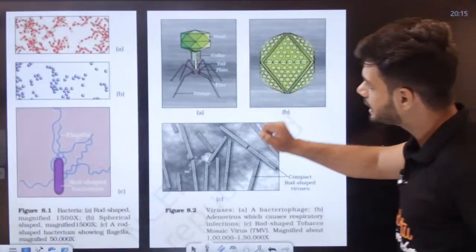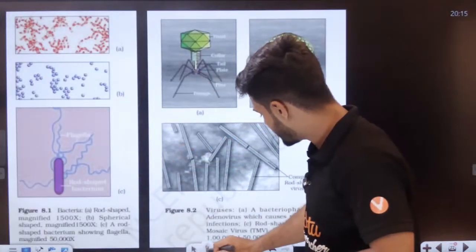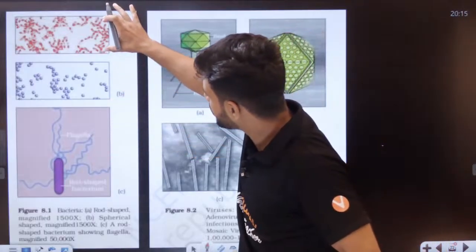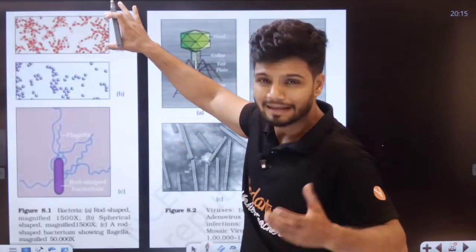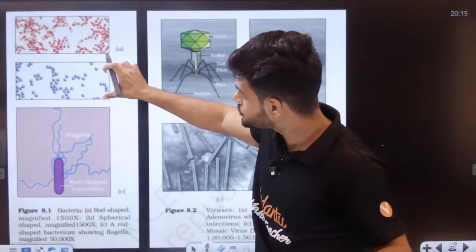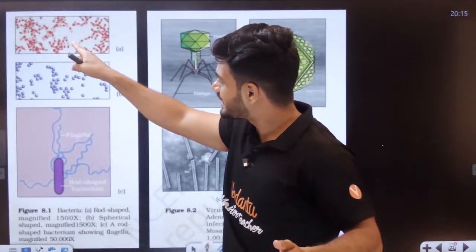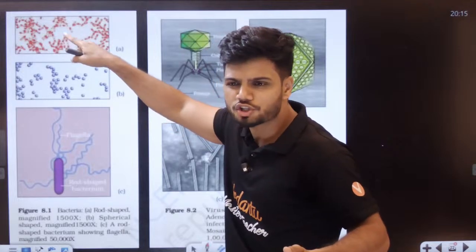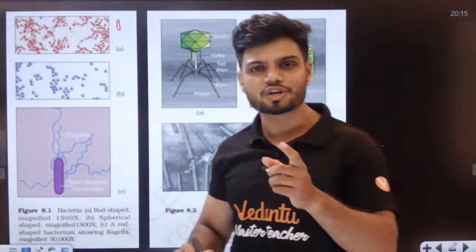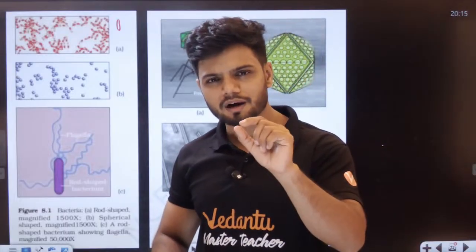If you look at your NCERT, students, they have given you certain diagrams here. This is your red color. Technically here, there is gram-negative bacteria, gram-positive bacteria, students. Here we can see this gram-negative bacteria is a rod shape. Students, can anyone tell me in the chat right now, what is the other name for rod-shaped bacteria?